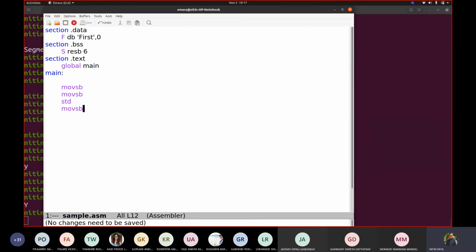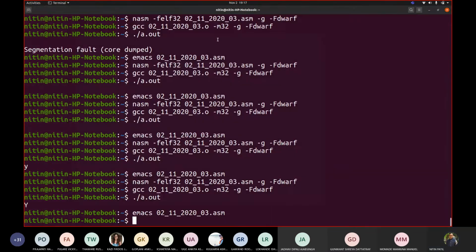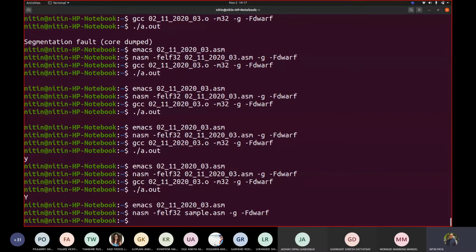Let us see what happens there. We have taken sample. So nasm -f elf32 sample.asm -g, because we want to see what change happens when you use CLD or STD. CLD is clear direction flag. STD is set direction flag.